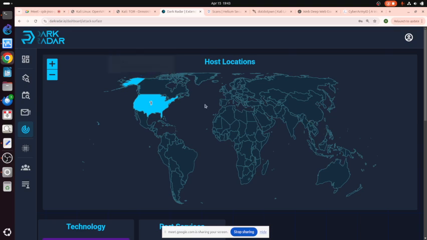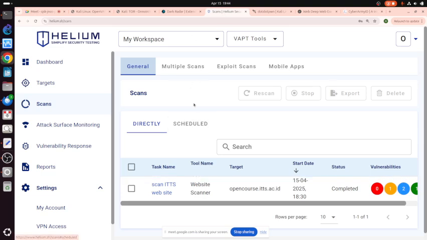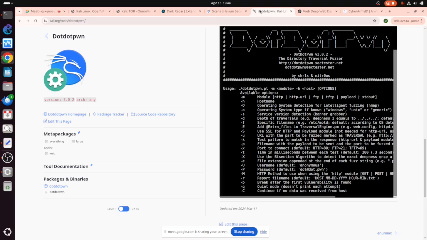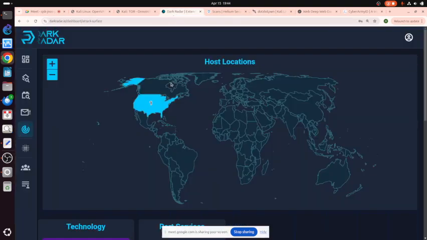For vulnerability analysis, we basically need to use Helium, but for data leaks in the dark web, we need to use Dark Radar. Those two are very useful to help monitor our system.